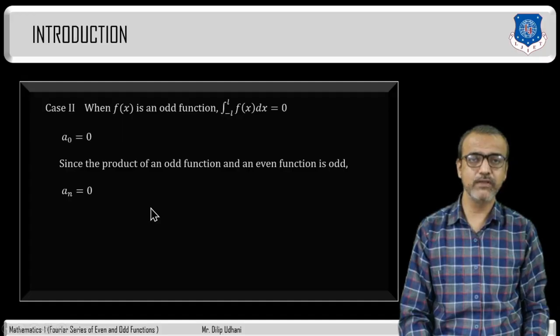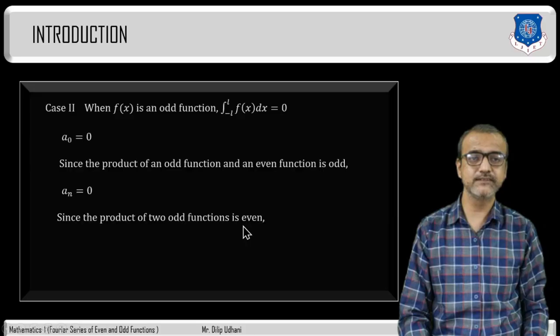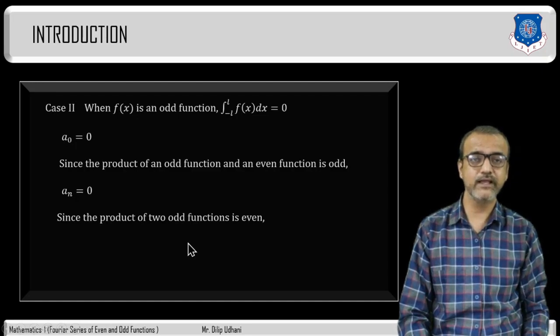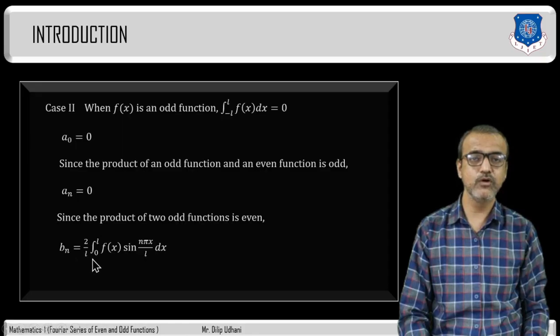Now, we will think about Bn. Since the product of two odd functions is an even function. And as you know, the formula of Bn, that is 1 upon L, integration from minus L to L f of x sin n pi x by L dx. Here f of x is an odd function, sin is also an odd function. So the product of two odd functions is an even function. So Bn equals 2 upon L, integration from 0 to L f of x sin n pi